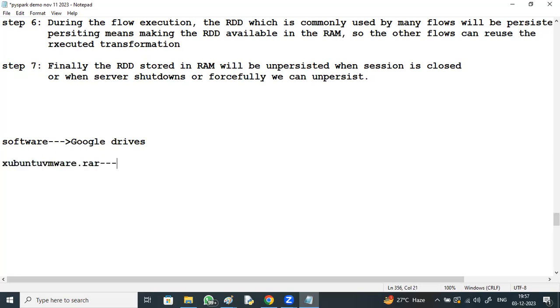It will be nearly 5 GB, so first download it and extract it.